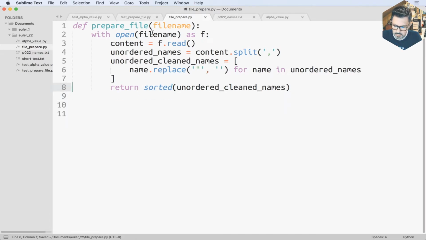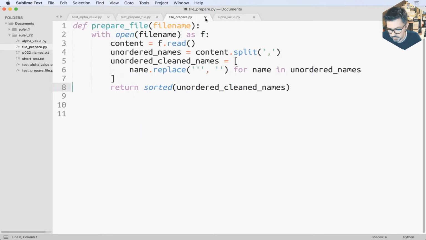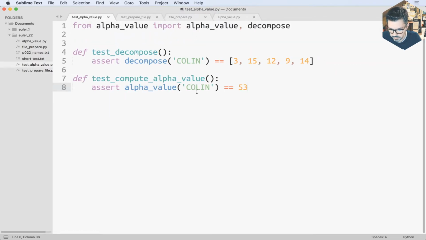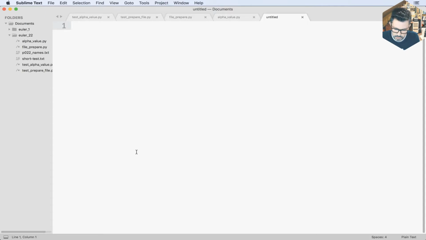Great. So I think we are almost ready to combine everything into one final module. There's not much more that we can do with testing, because now we would just be testing the final function. So we have made the decomposition, we have checked that the Colin would return 53, but now we need to write actual code that's going to get executed. So here it's like